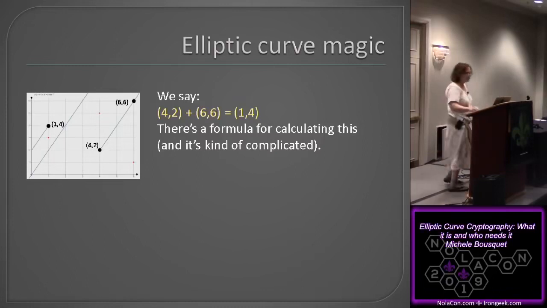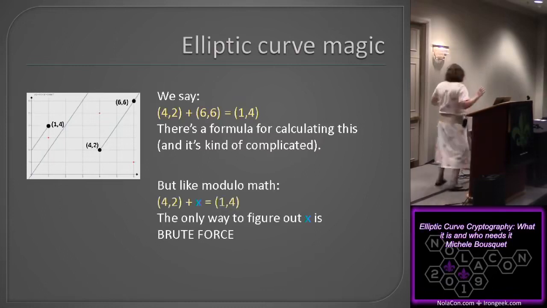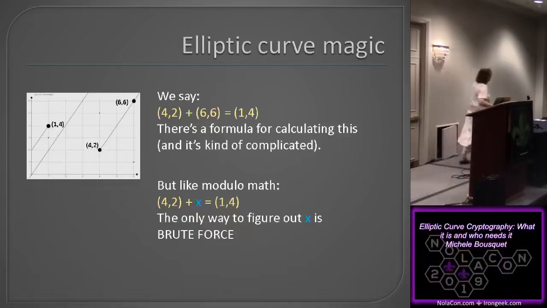So the cool thing about this, wait for it. You can't go backwards, except with brute force. And that's the magic of elliptic curves, is that going forward, very easy. Figuring out what x is in this situation, really, really hard. What you would need is a table, just like you would need for modulo math,